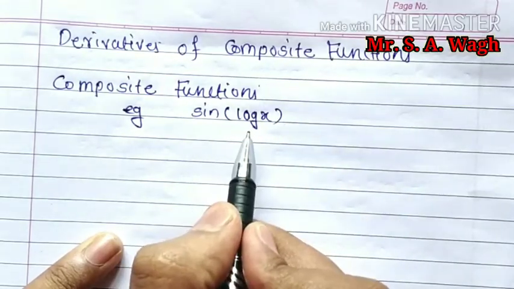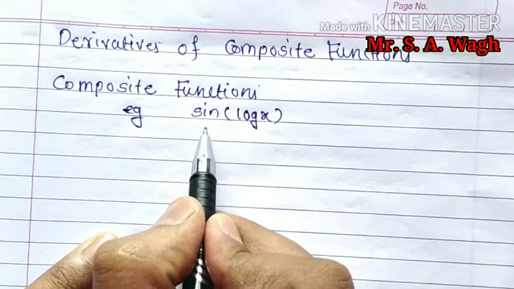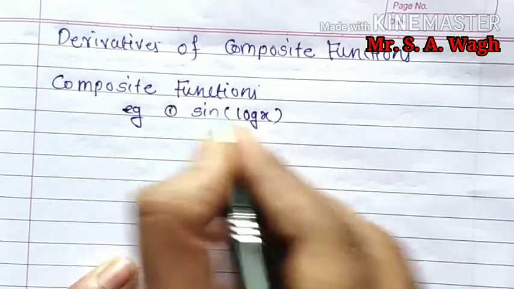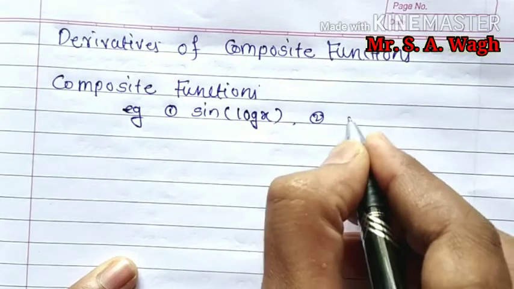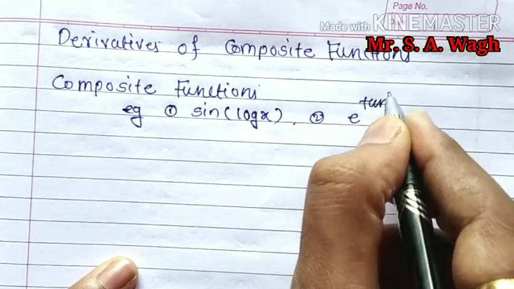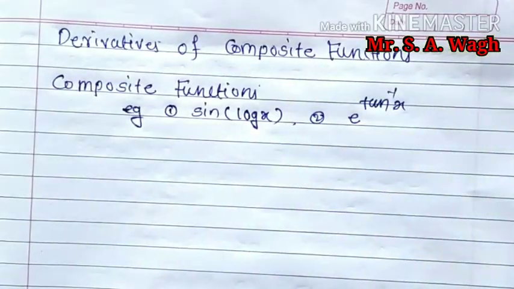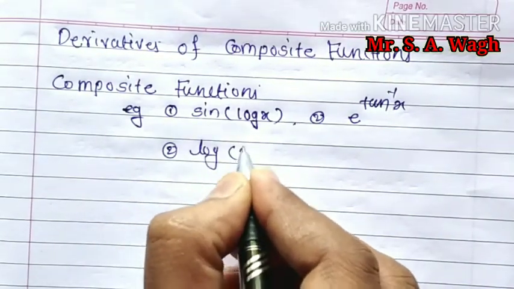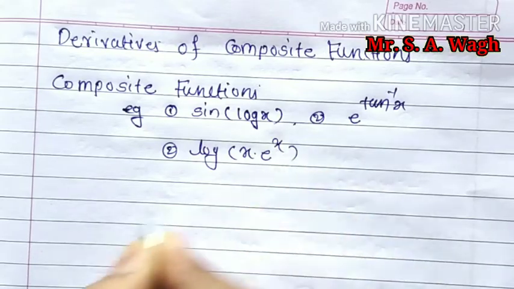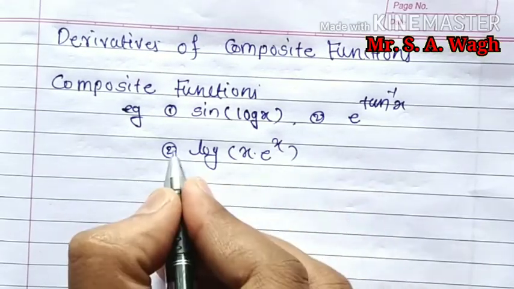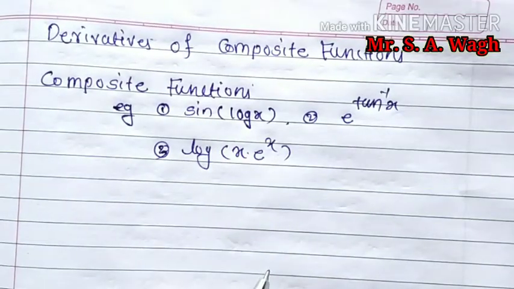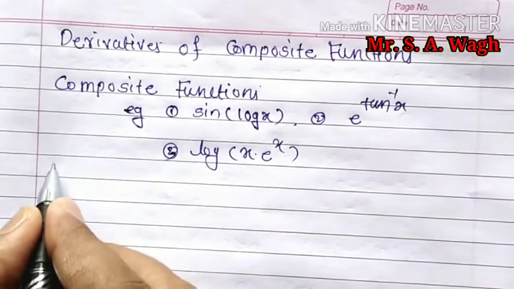So log x is an independent standard function, sine x is another function, so sine of log x as a total function is a composite function. Similarly, e to the power tan inverse x is also an example of a composite function. Log of x into e to the power x is also an example. Similar examples we can consider as composite functions. Let us now find derivatives